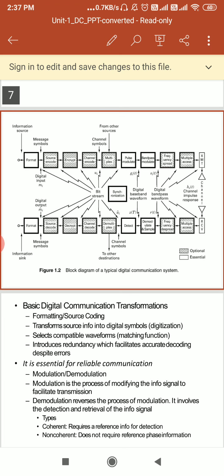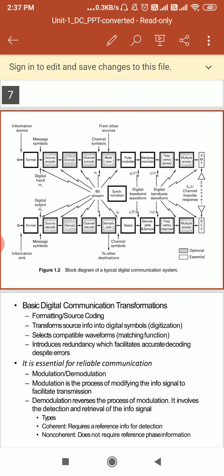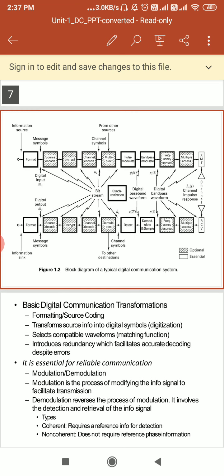At the receiver side, we are using detection. At the receiver end, the received pulses are corrupted by noise, so they have to be reshaped and detected. If there is any error in the form of noise, we can reshape the signal and detect it.